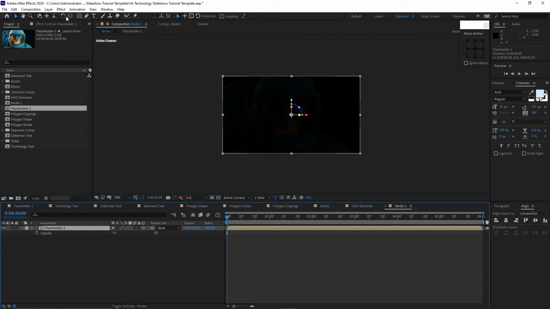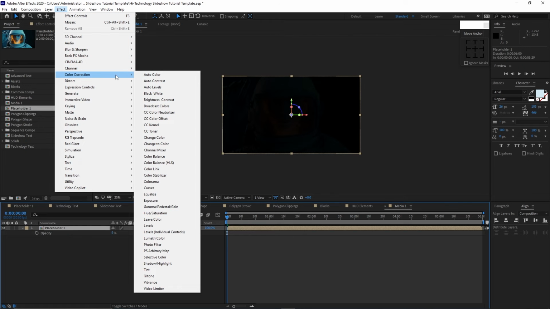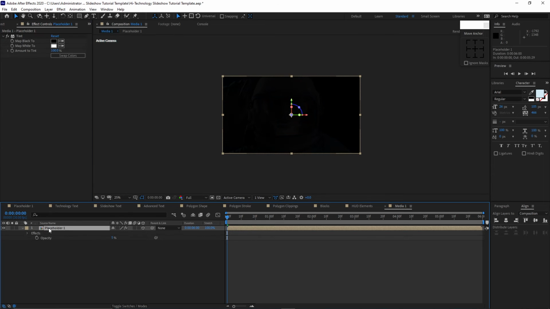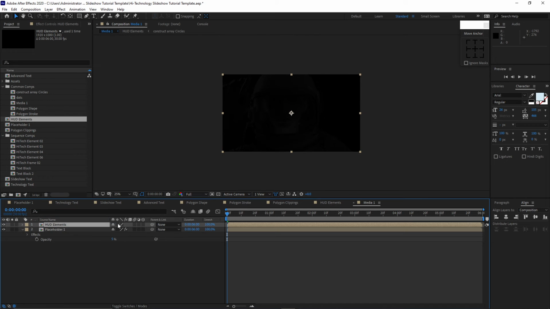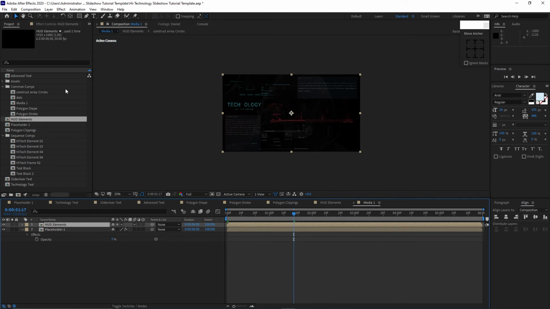Highlight the placeholder one, go to effects and presets, color correction, add tint. Press S on your keyboard for the scale. Change the scale to 120. Go back to the project panel and drop these hard elements into the timeline. Enable the collapse transformations switch here and move your playhead forward, and as you can see, now I will go to